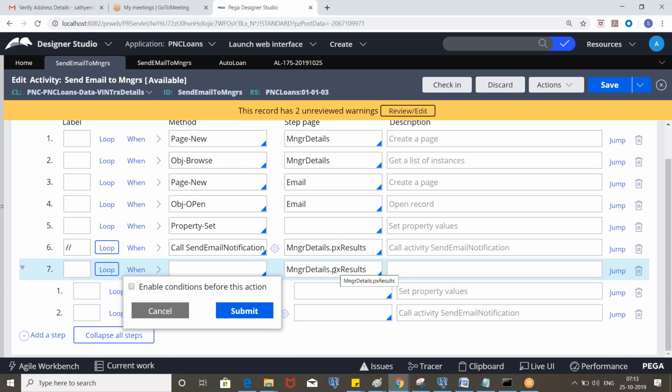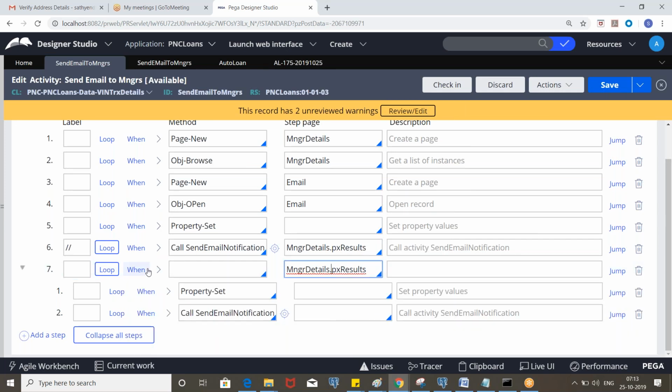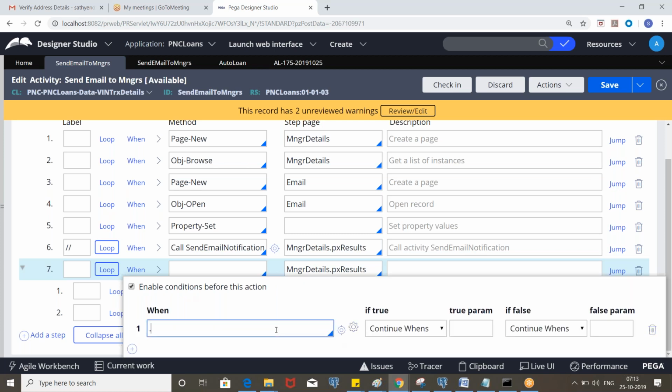So on the page, what is the property? pyAddress of email, pyEmailAddress is equivalent to admin manager at the rate of PNC. Then exit iteration. Since we are in the loop, you need to put this option like this.